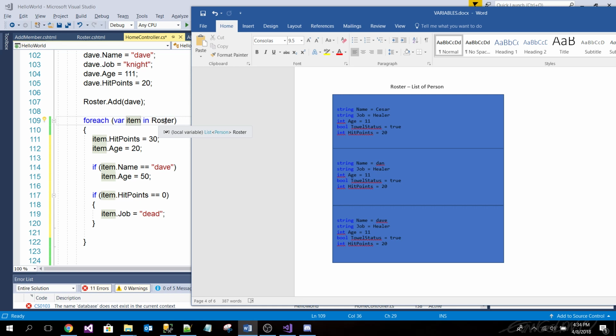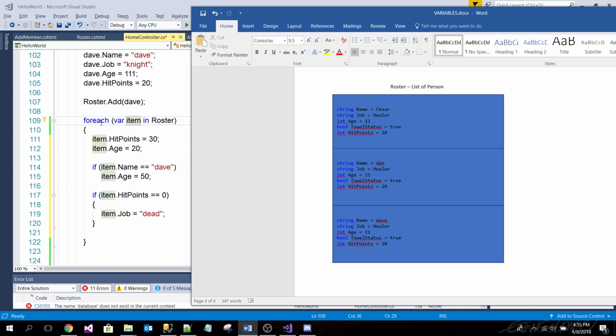3 items. Yes. So if the amount of items inside the list is higher than 0, then it goes in here. If it's 0, it's not going to do anything. It just skips whatever you put in here, because there's nothing to do, since there are no items in there. But if there were, we're going to go in here. So it says, hey, I got a list here called roster. We got some dudes in here. I'm going to take the first item and put it in here, and this is going to represent the first guy.